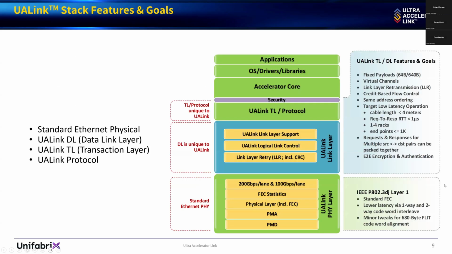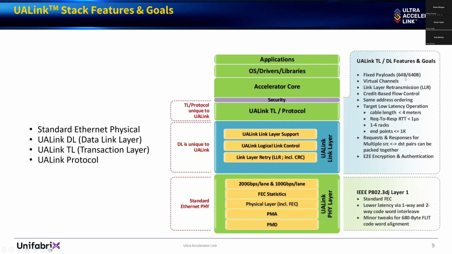Now, going even deeper into the stack, this is the protocol stack of UALink. We see here below the UALink physical layer, standard Ethernet PHY, with some tweaks that are particular to UALink, supporting 200G per lane, also possible to support other Ethernet speeds, with the FEC for the error correction, the PMA, the PMD, and going upwards to the data link layer and the transaction layer, where we have fixed payloads,